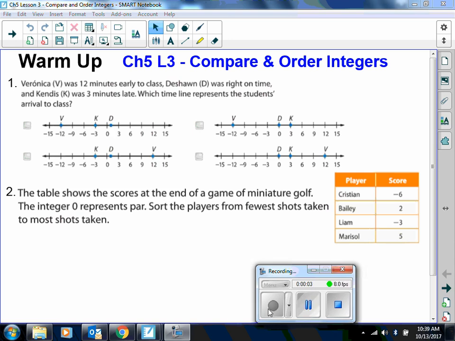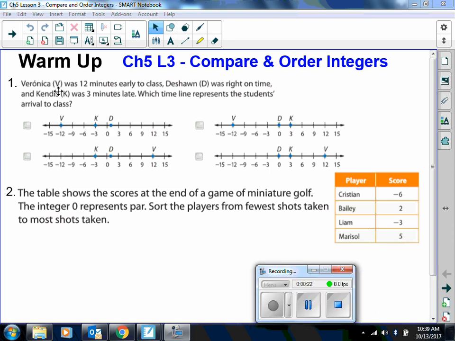Chapter 5, Lesson 3 is compare and order integers. So yesterday we talked about integers, and we know those are all of the positive numbers, all of their opposites, and 0. Those are all of the integers. So here,